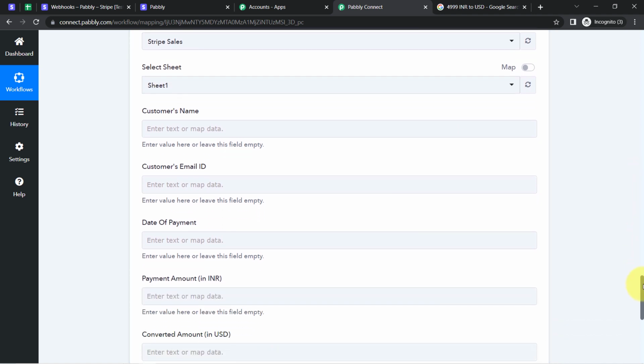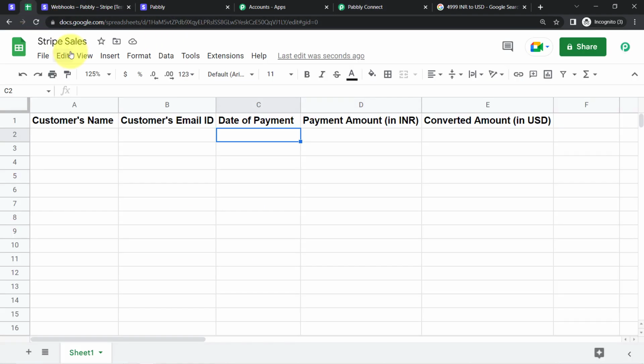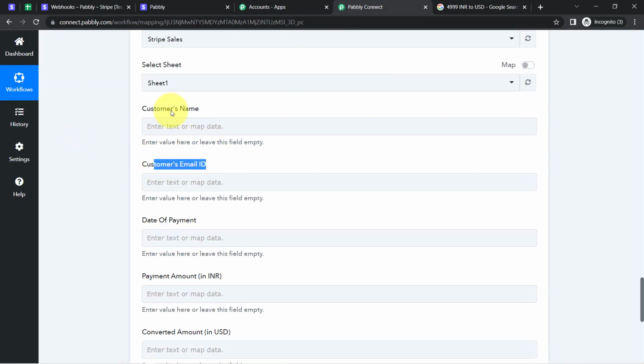Now whatever the columns I have created in my spreadsheet, basically the customer's name, the email ID, the date of the payment, the amount in INR, and the converted amount, all these columns are visible here. You can see the email ID, the name, the date of payment, the amount, and converted. So I just need to provide the values and click on the final button, and this is how the data